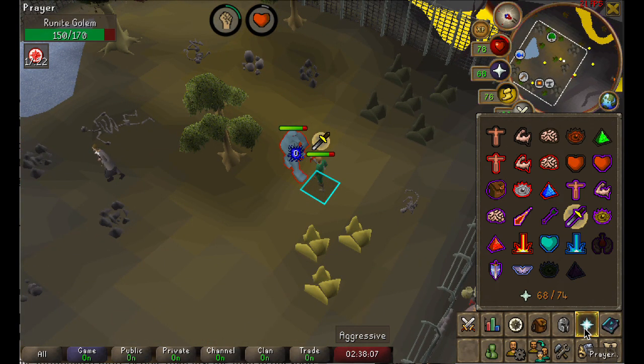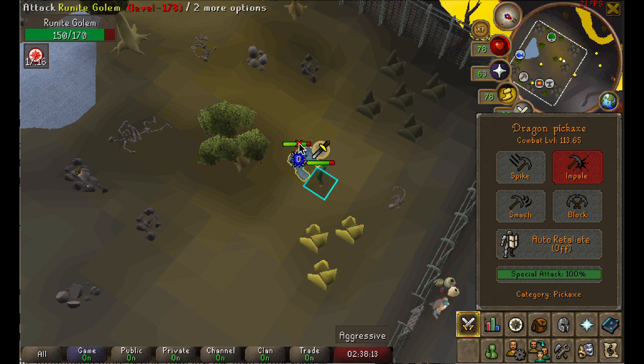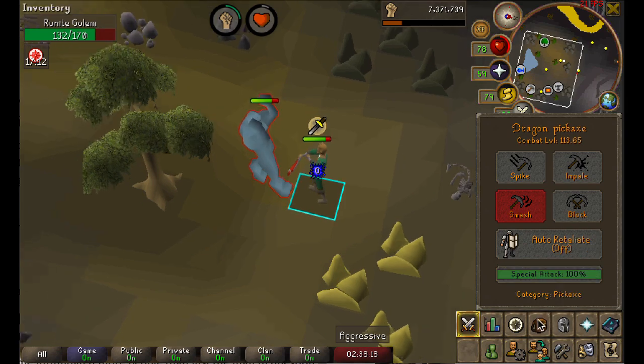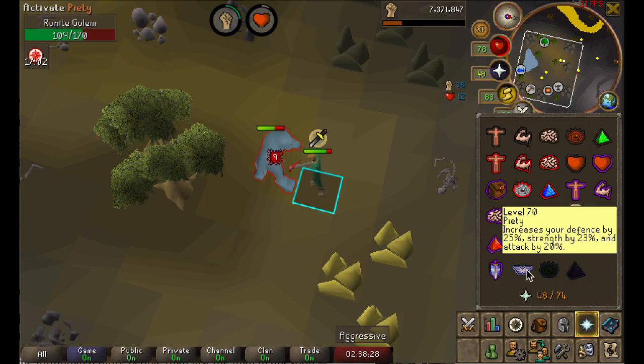And to be honest here, I didn't know what to bring. I didn't know how hard these golems were to beat, or if it was something you were supposed to beat with a pickaxe, or if you were supposed to come equipped with things. So I'm using Protect from Melee and Piety because I just wasn't sure how long it would take to kill this thing. And as you can see, I'm experimenting with both stab and crush styles, trying to find the